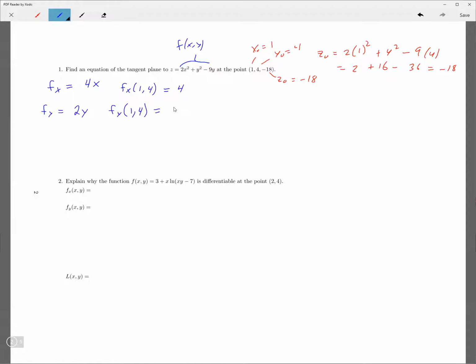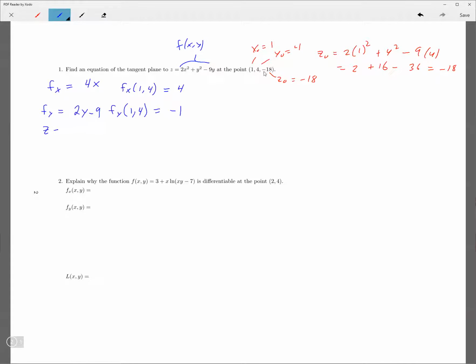Wait, what about the minus 9? Oh yeah, minus 9. Okay, and if you plug in a 1 for x and a 4 for y, you get what? Negative 1. 2y, so fy of 1, 4 is negative 1. Yeah, negative 1. Okay, so then plug in, using the formula,